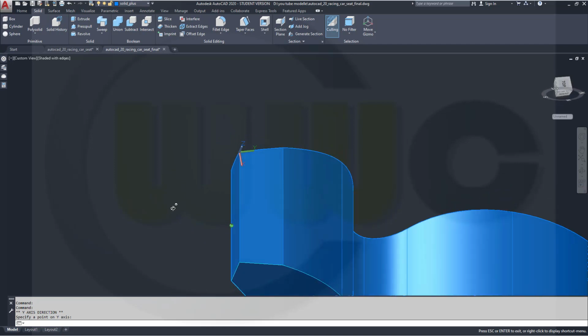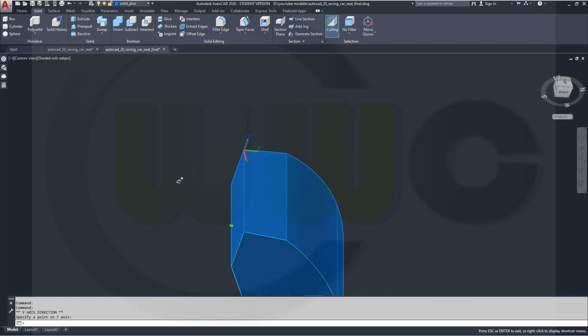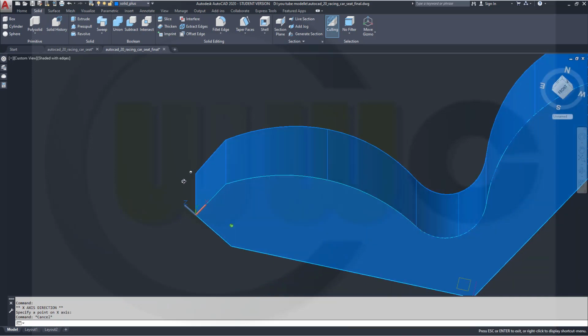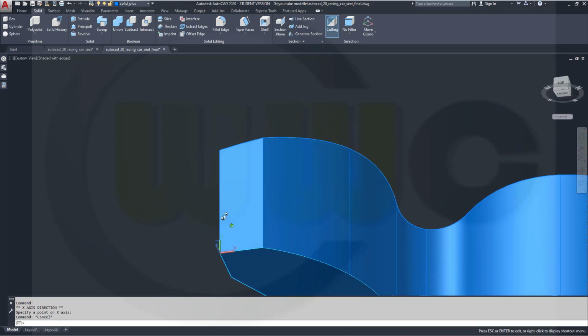Not quite, because this might be not the correct angle, so I will align it over here, move it to this endpoint, because that's the sketch here, and then move this one to that endpoint. That's more like it. Okay, now I need to do some sort of sketch here,